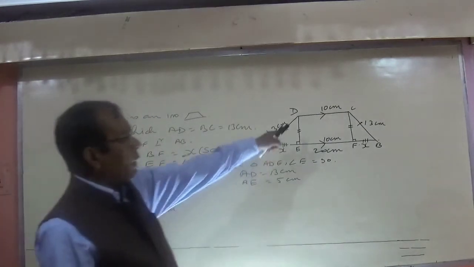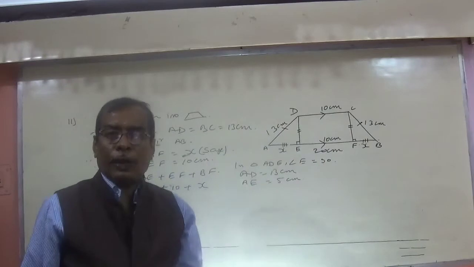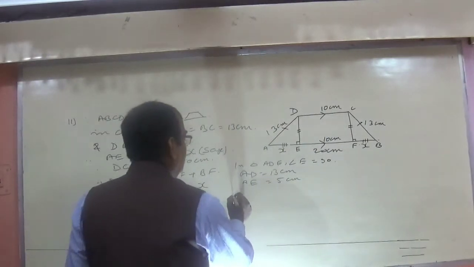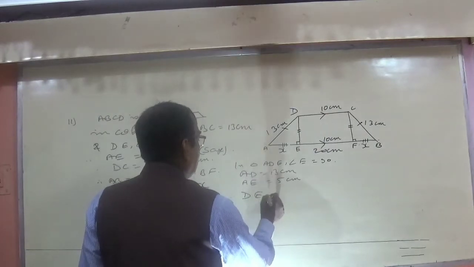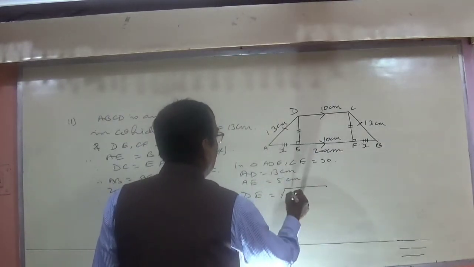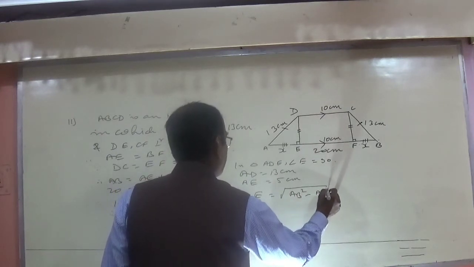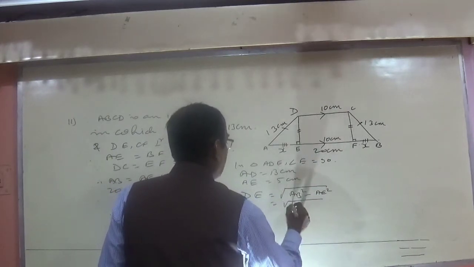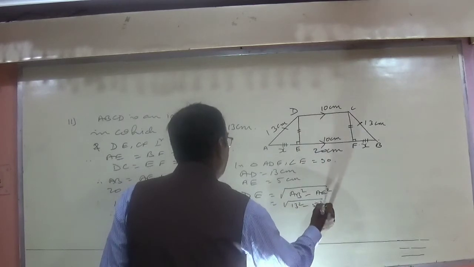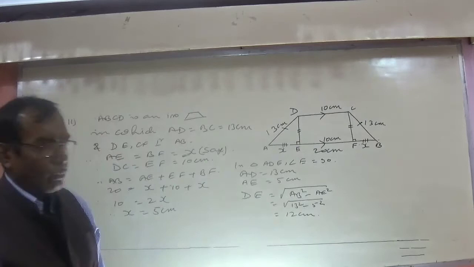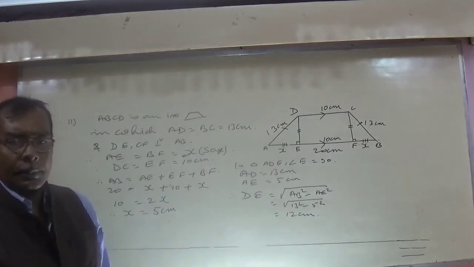Actually, if you are going to find out the value of DE quite easily, you can find the area of the trapezium, which needs the height of the trapezium. So therefore, DE, by using Pythagoras theorem, try to find out DE. DE is equal to the square root of hypotenuse square minus AE square, which is equal to the square root of 13 square minus 5 square. And if you take this calculation, it will come as 12 centimeter. So 12 centimeter is the height of the trapezium.